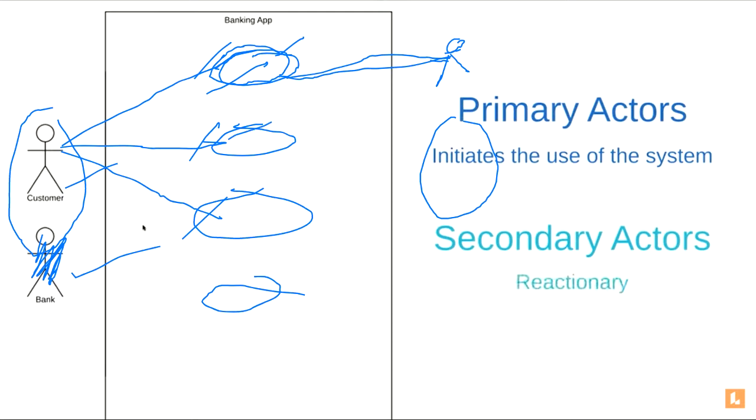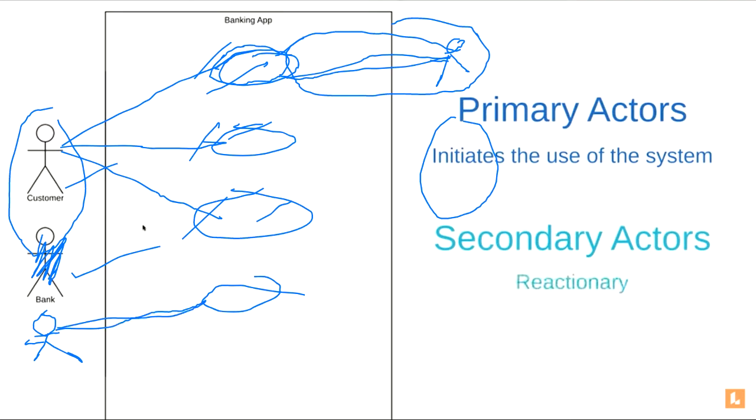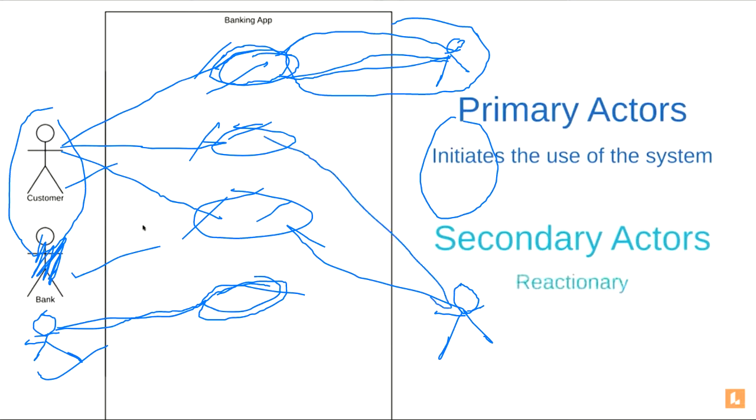And yes, Tanu, right. The one who responds in the backend are the secondary actors. If suppose there was another actor here and he is just associating himself with this last use case, not the above 3, he is only associating himself with this last use case, so he or she will also be a primary actor only. If you have made an actor, necessarily he has to associate himself with at least one of the use cases.